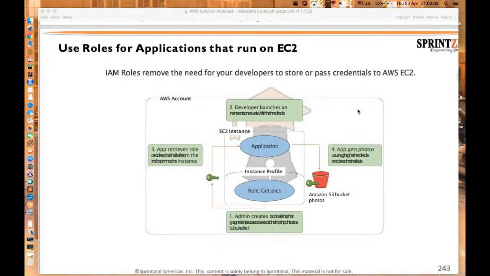And use roles for applications that run on EC2. Okay, so we have seen this, IAM roles remove the need for developers to store credentials. We will be storing that information in AWS EC2, which is Elastic Compute Cloud. So in the AWS account, first you are coming here and creating all